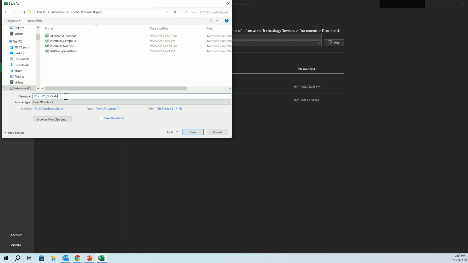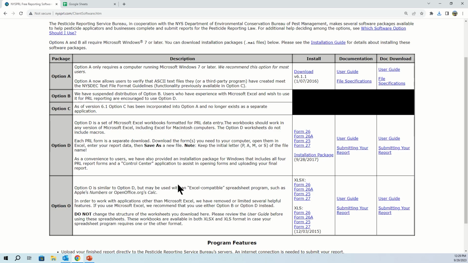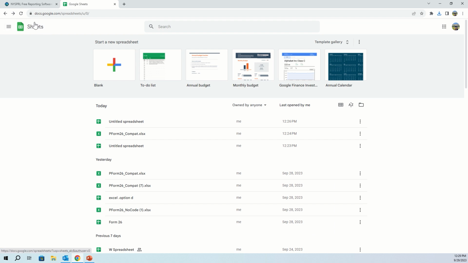to DEC. To open the optional files in a spreadsheet application, you will have to first open the spreadsheet application and then import or upload the form you downloaded into the application. For example, if you are using Google Sheets, you will open a blank spreadsheet,